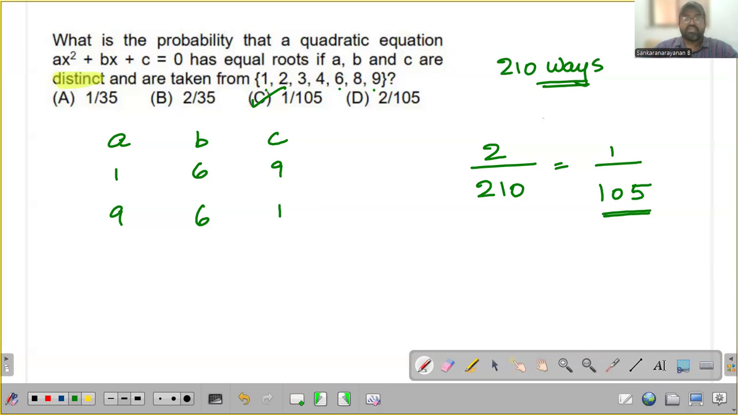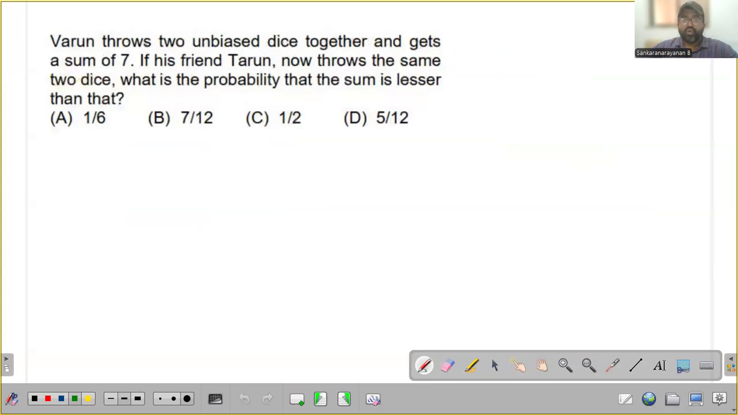Let's go to question number 7. Varun throws two unbiased dice together and he gets a sum of 7. So the sum Varun got is equal to 7. Now his friend Tarun throws the same two dice. The question is, what is the probability that the sum is lesser than 7? Which means you can consider that when two dice are thrown,